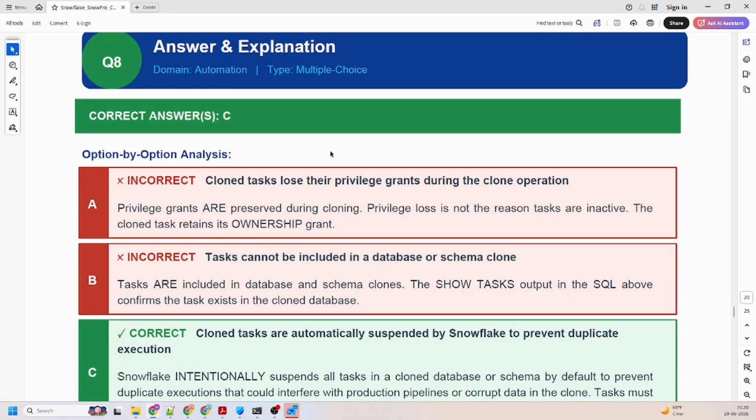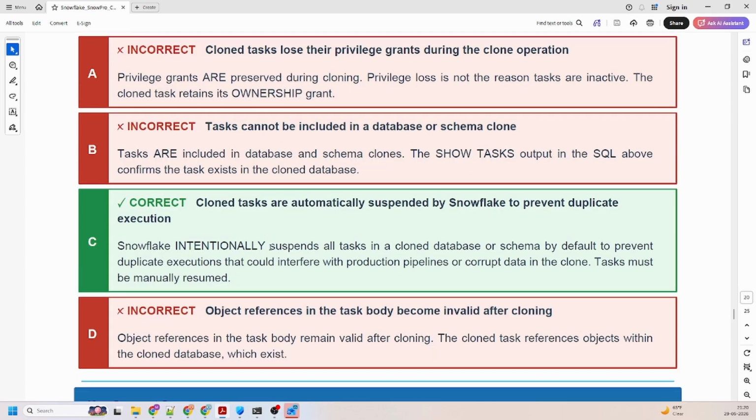The correct answer is option C. Snowflake intentionally suspends all tasks in a cloned database by default. And when you think about it, this actually makes total sense. Think about what would happen if cloned tasks kept running. You'd have two instances of the same ETL job running, one in production and one in your clone, both writing